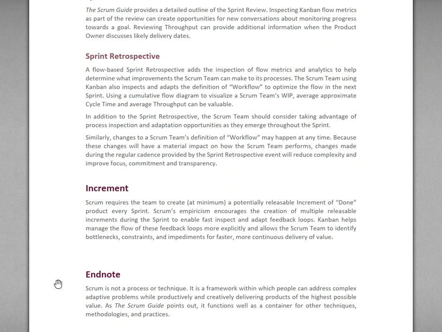So the end note is that Scrum is not a process or a technique. It's a framework within which people can address complex adaptive problems while productively and creatively delivering product of the highest possible value. As the Scrum Guide points out, it functions well as a container for other techniques, methodologies, and practices. So that's pretty much about